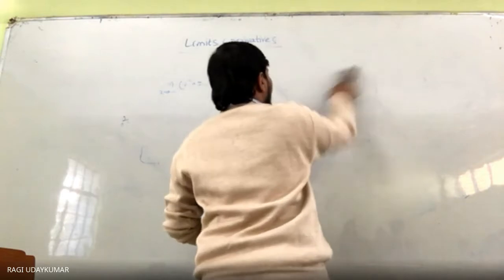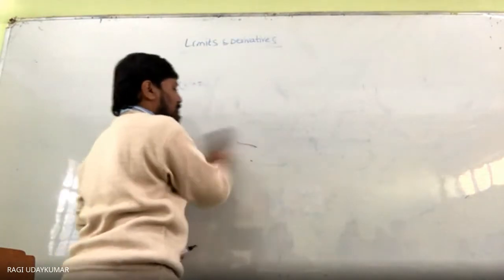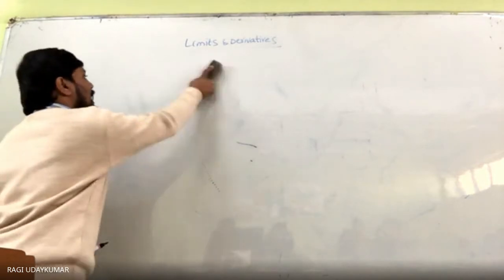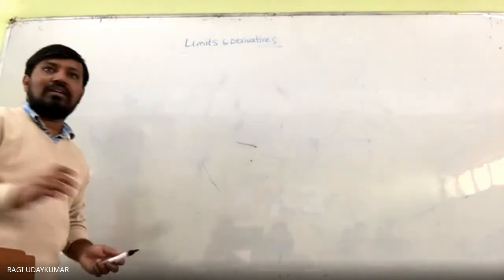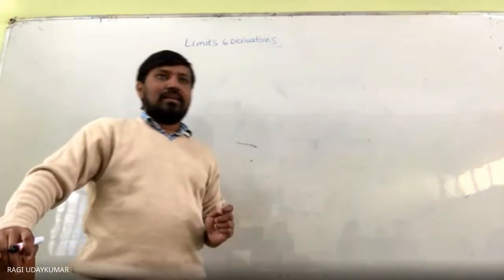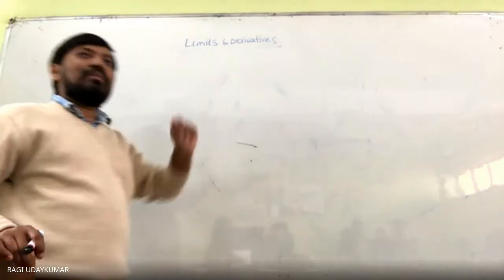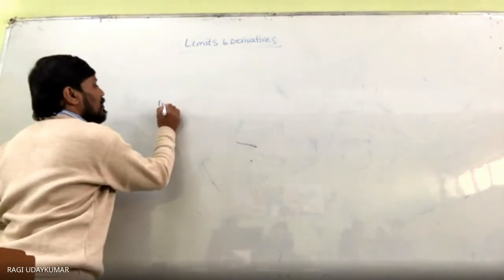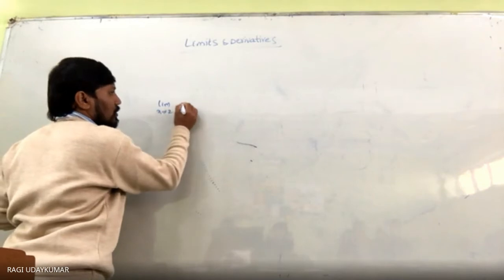In limits and derivatives, this is the limits concept. With the help of limits, you are going to have the derivatives. The first exercise you are having only the limits progress. Before going to the first exercise, you need to know the sandwich theorem. Before that sandwich theorem, the minimum thing you need to know is that limit, suppose x tends to 2,